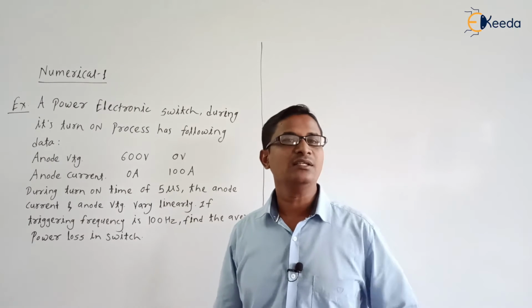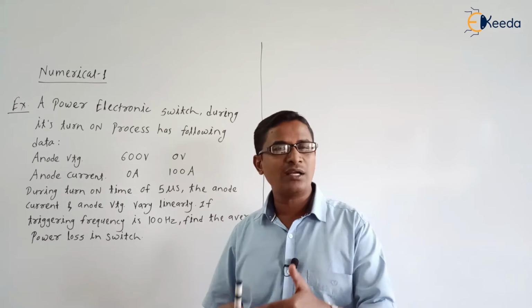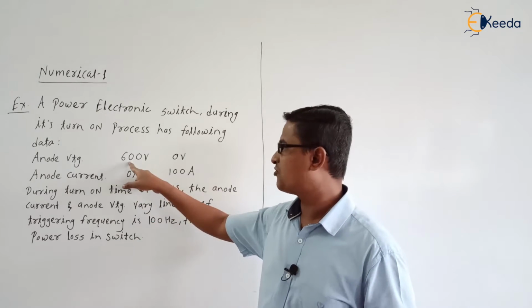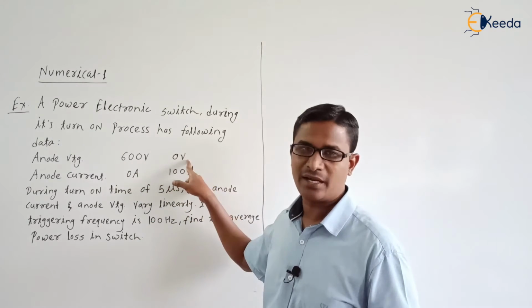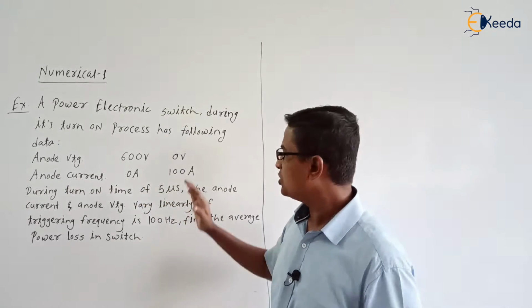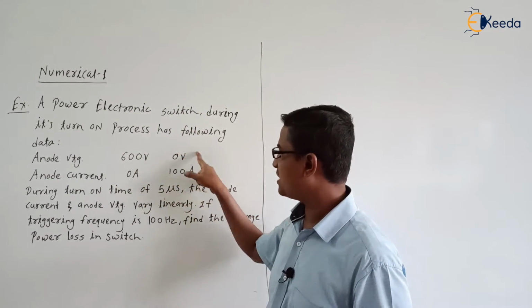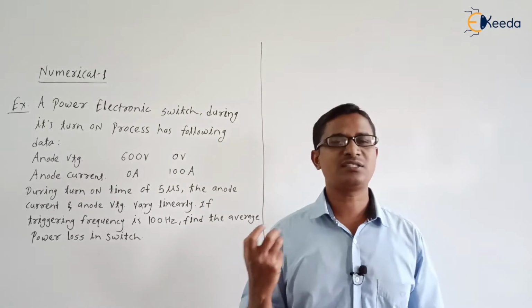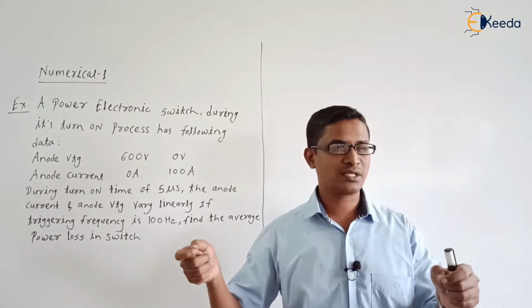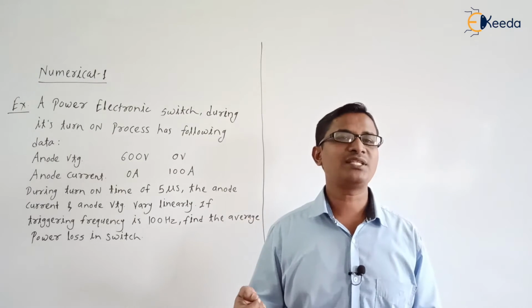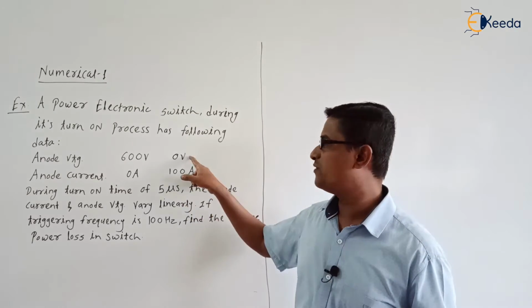Okay, next, during the turn on time, the SCR voltage is decreasing from 600 volt to 0 volt, right? And SCR current is increasing from 0 ampere to 100 ampere. So at this instant, can we say that our SCR has successfully turned on? Yes, because SCR is in the on state, means it is acting as a short circuit, so that's why the current flowing through the SCR will be very high. What is the voltage across the SCR? Voltage across the SCR will be very low.